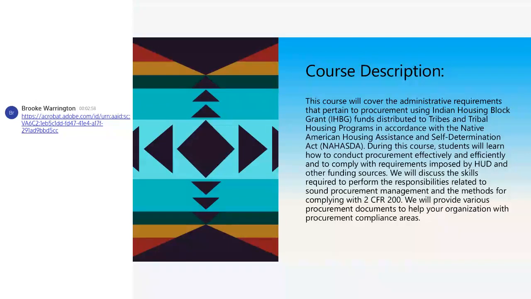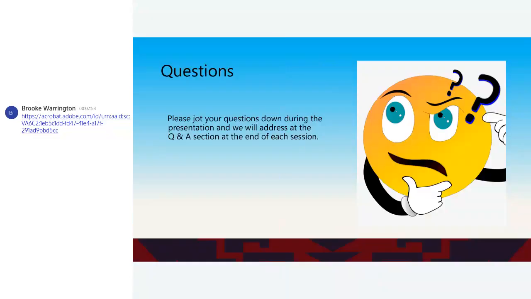And hopefully, you guys are going to learn how to make sure that you utilize all those tools that they give us, and make sure you get to that Code Talk website. That's where you get copies of all of that stuff. So there's going to be procurement documents, hopefully, that will help your organization also.